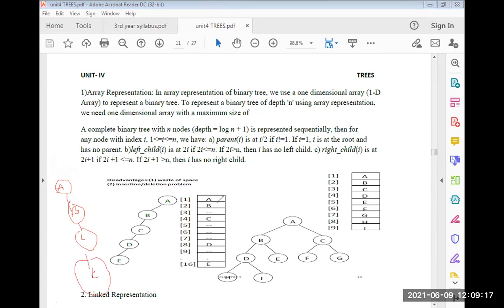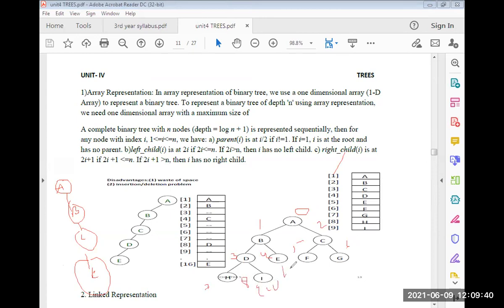I already told you it starts with 0 and the left direction 1, then 2. If your array is taken from 1, you can start here with 1, then 2, next 3, 4 and 5, 6, 7, 8, 9, 10.